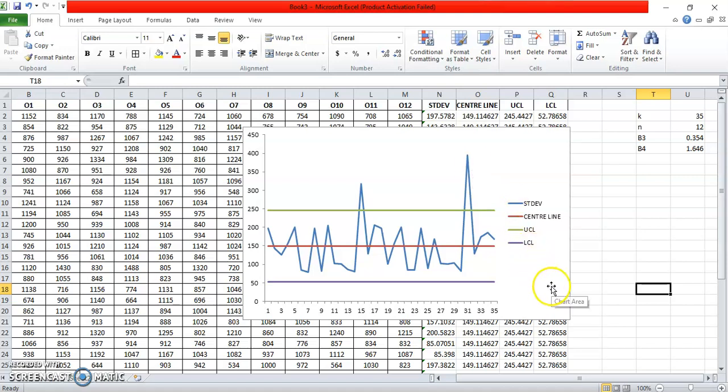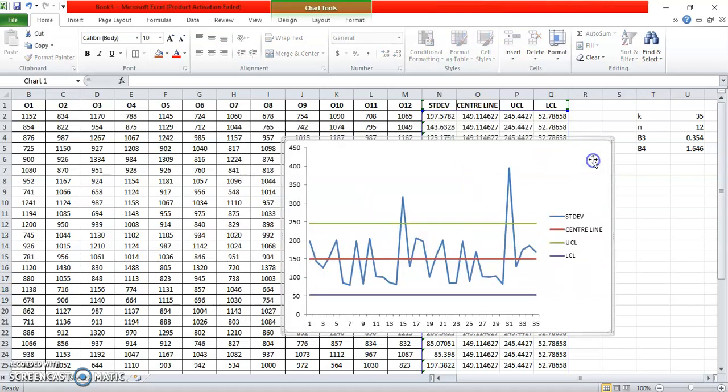The standard deviation values, which represent the process variability, are shown with a blue line, which is not showing any out of control points for the lower control limit, but is showing some out of control data points for the upper control limit.